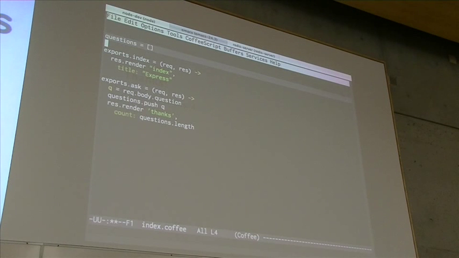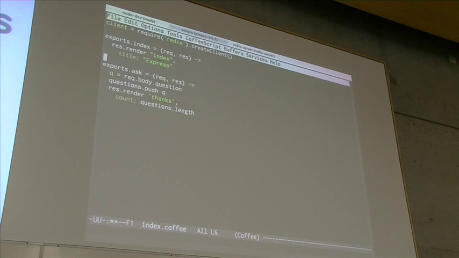And where I previously had an array, I'm going to just replace it using Redis. So let's see. I'll require Redis here and create a client. So instead of this, client,